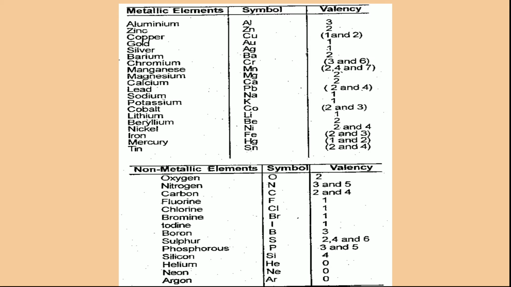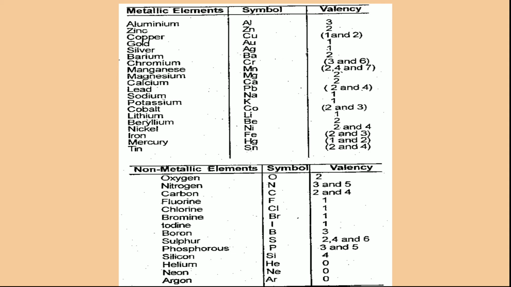Then silver Ag has 1 valency, gold Au has 1 valency, then barium Ba has 2 valency, chromium Cr has 3 and 6, then manganese Mn has 2, 4 and 7, magnesium Mg has 2, then calcium Ca has 2, lead Pb, it is known as plumbum or Pb, 2 and 4, sodium Na has 1, potassium K has 1,